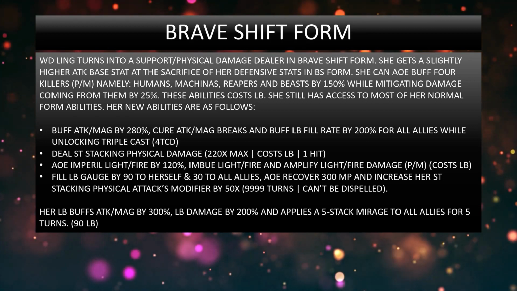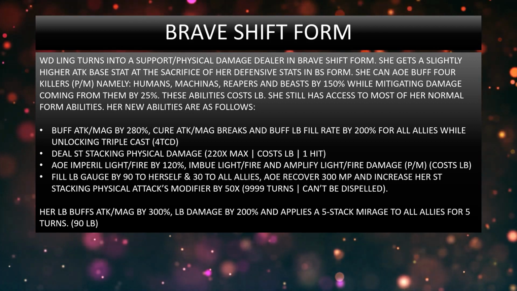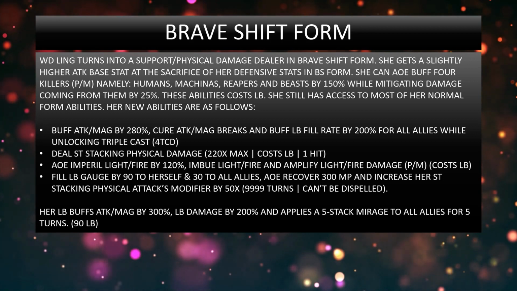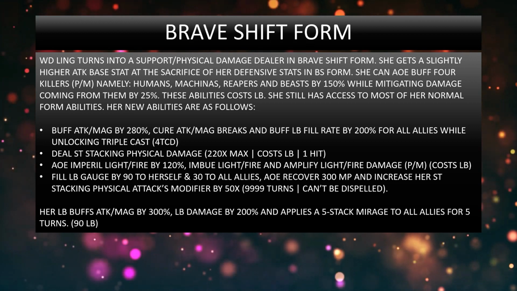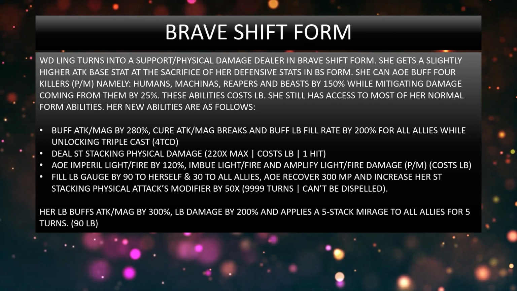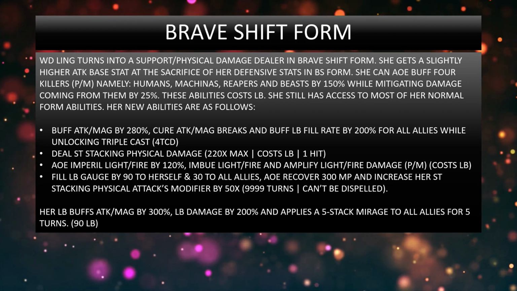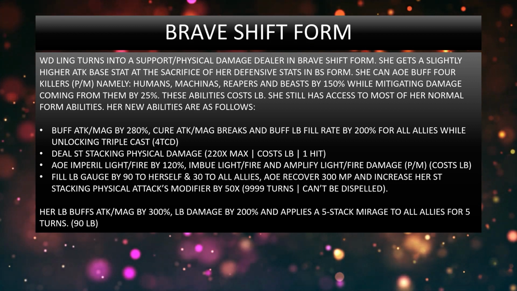Lastly, she can fill LB gauge by 90 again to herself and 30 to all allies except herself. AoE recover 300 MP and increase her status single target stacking physical attacks modifier by 50. So that's 220 plus 50 for 999 turns. Or this can't be dispelled unless she gets killed. Alright, so really good